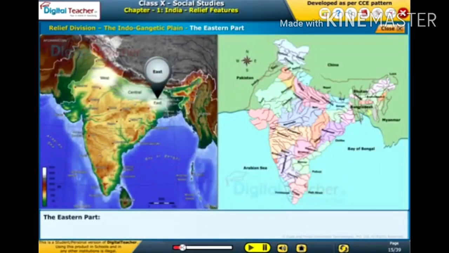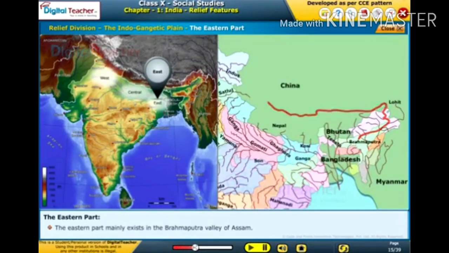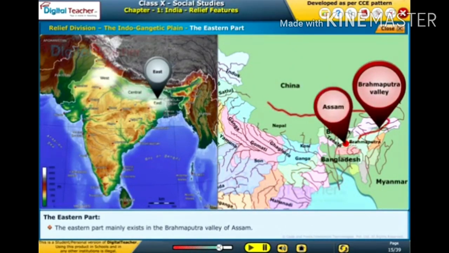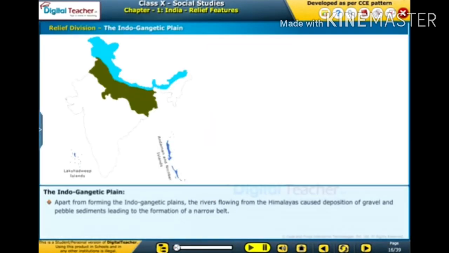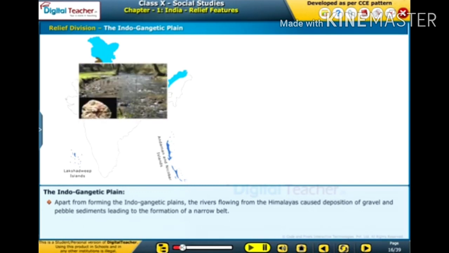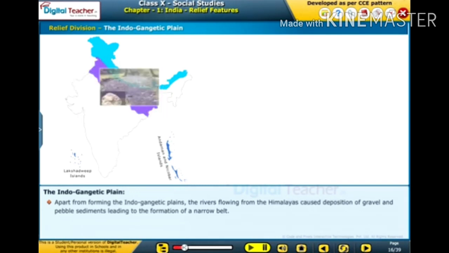The eastern part. The eastern part mainly exists in the Brahmaputra Valley of Assam. Apart from forming the Indo-Gangetic Plains, the rivers flowing from the Himalayas cause deposition of gravel and pebble sediments, leading to the formation of a narrow belt.